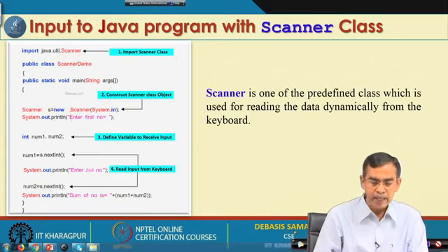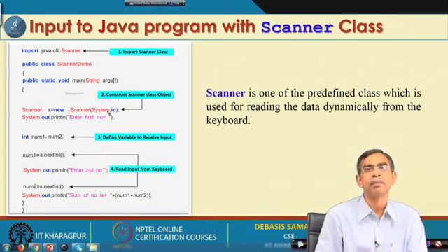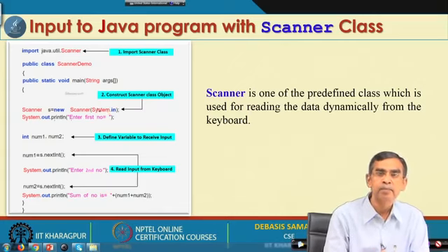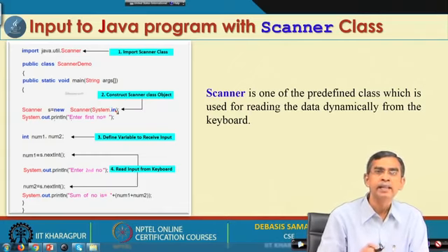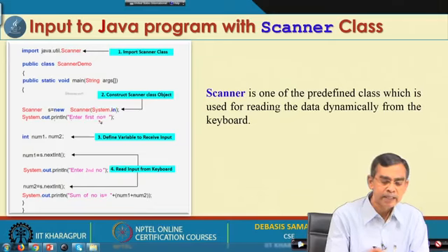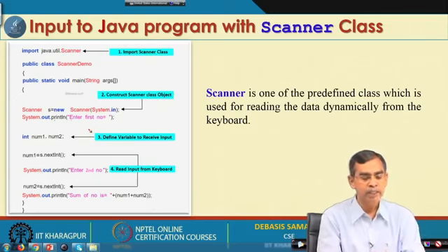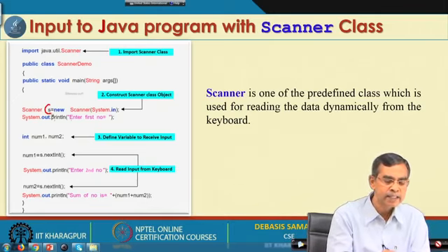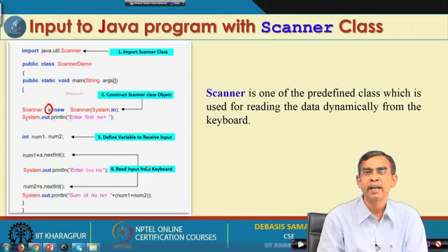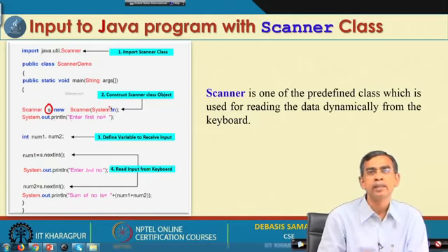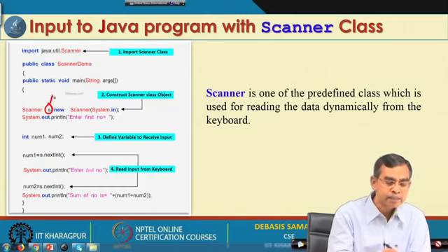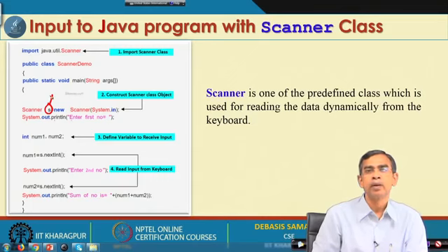It is a standard default that you have to specify System.in, because in the System class, in is a field, and it creates a scanner for it. Once you create an object of the Scanner class, here s is the object of type Scanner, and s is responsible for taking input from your user.